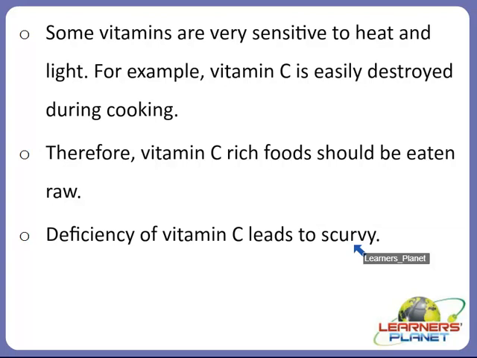In the 18th century, James Lind found that eating citrus fruits reduced the occurrence of scurvy in sailors, and that is why after that the sailors used to carry citrus fruits with them so that they can cure or prevent this deficiency disorder, right? So that they can get the right amount of vitamin C in their body, right? So in all, we saw that vitamins are very important for our body, right?